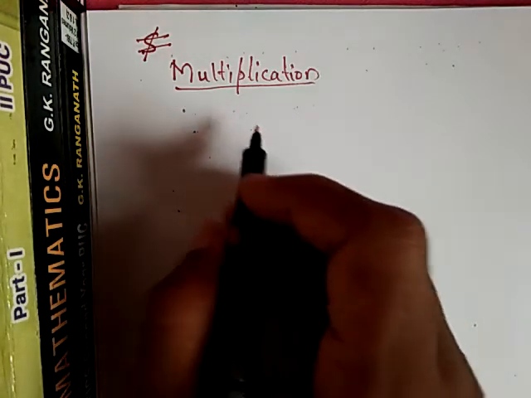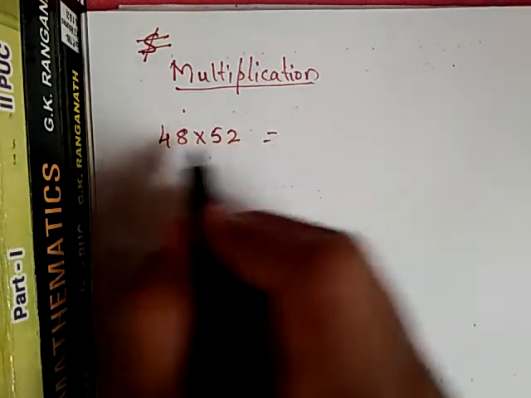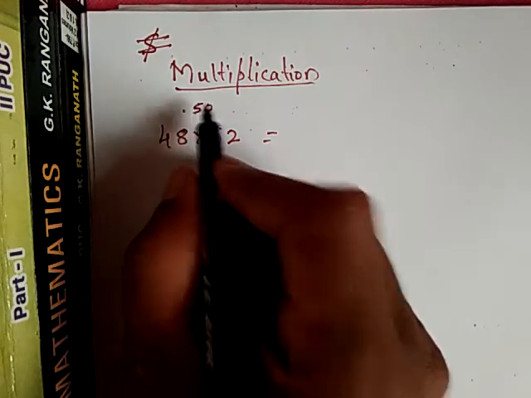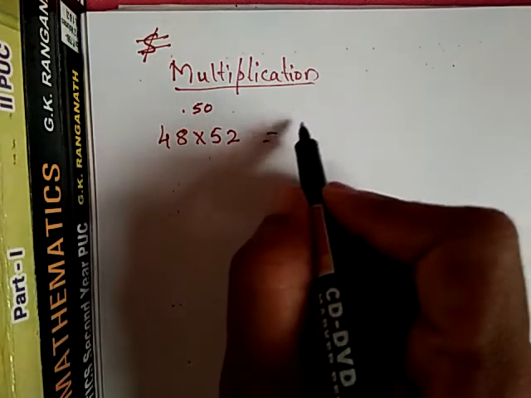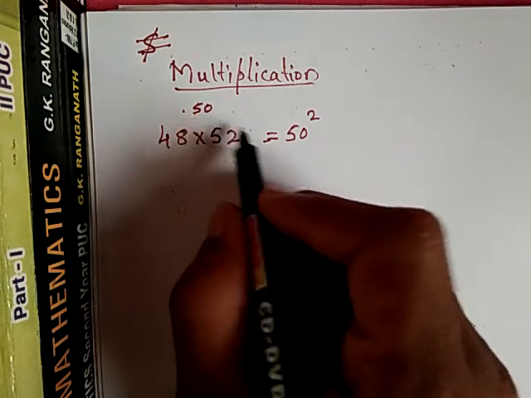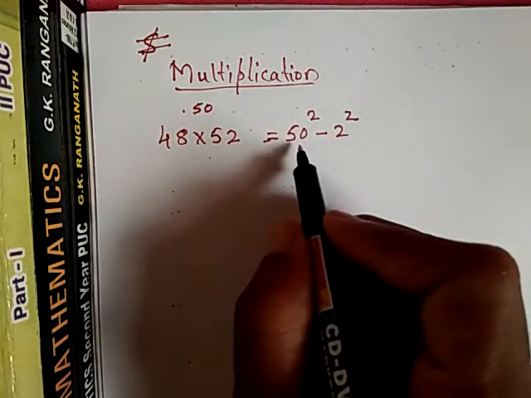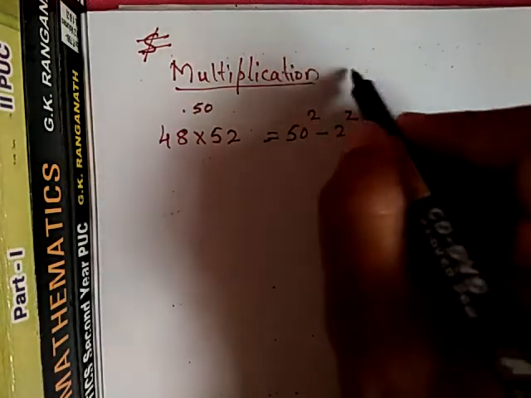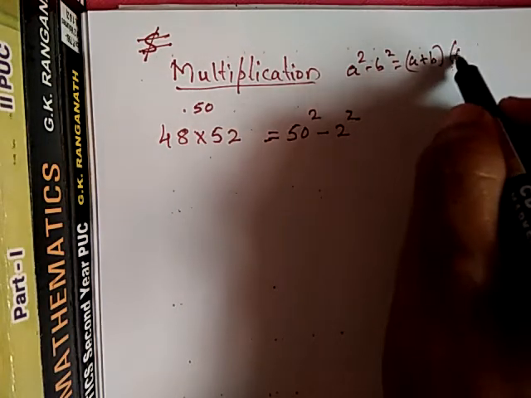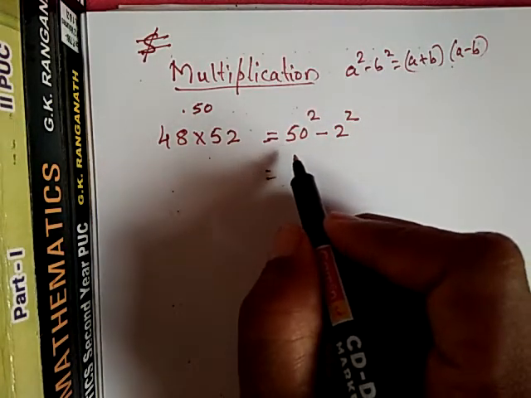Other few multiplication examples I will give, that is 48 into 52. Here 48 52 is there. In between, the near number here is 50. You can take 50, so you can write here 50 square. Now these two you take: 50 plus 2, what is the difference? 52 minus 50, so you can write here 2 square. So it is a square minus b square formula. You can take like this: a square minus b square is a plus b into a minus b. That also you can take. So you can multiply very easily.